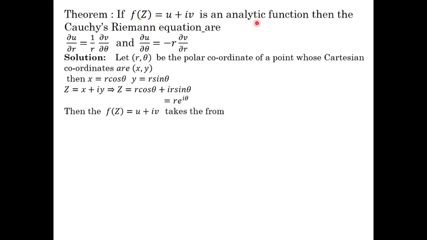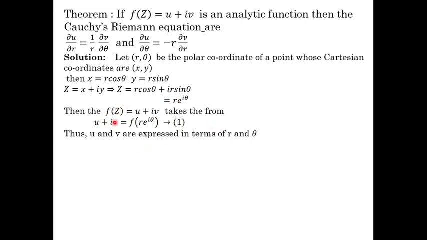Here, f of z is an analytic function. F of z is an analytic function means f of z is equal to u plus iv. Now, we already found the z value, which is r into e power i theta. Substitute this here, so that the function of z can be written as a function of r into e power i theta. Here we interchange: first we write u plus iv and then f of z. So u plus iv is equal to f of z, where z is r into e power i theta. Now treat this as equation number 1.